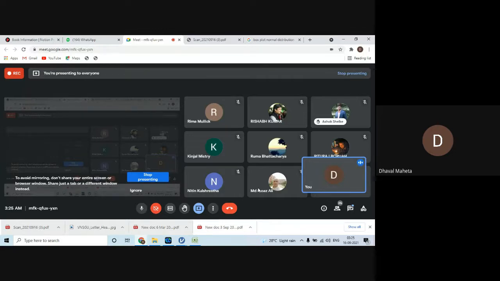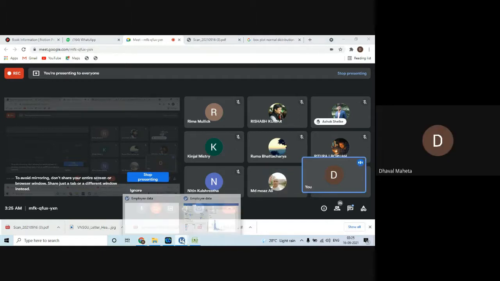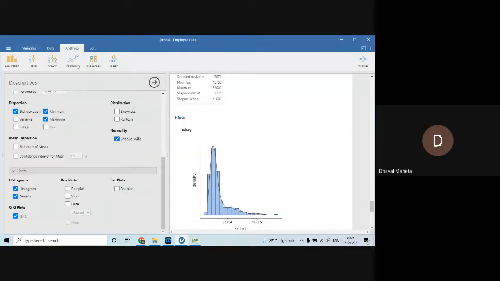In case you don't get the normality, then what to do? Yes, Mohammad Moaz Ali. What to do if you don't get the normality? We will remove outliers. After removing outliers, you did not get the normality. What to do? We will increase the sample size. After that also you did not get the normality. Then what to do? No idea, sir. Then you will have to use